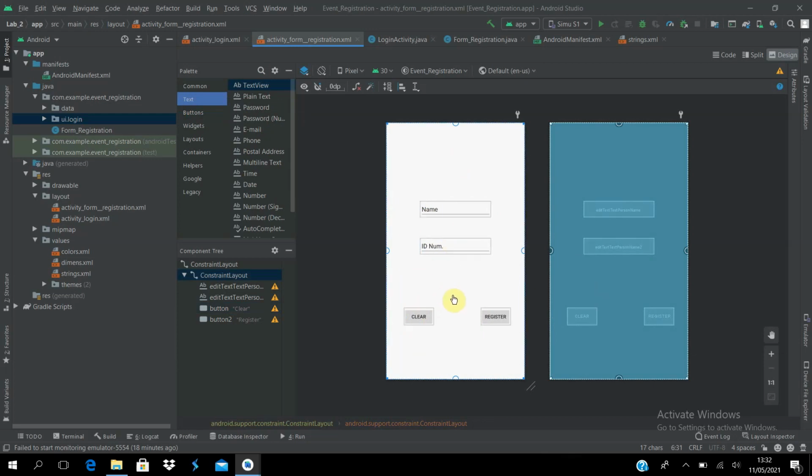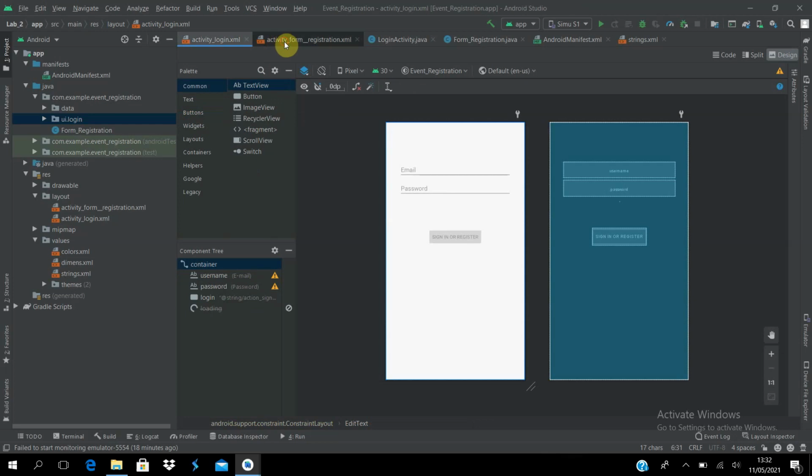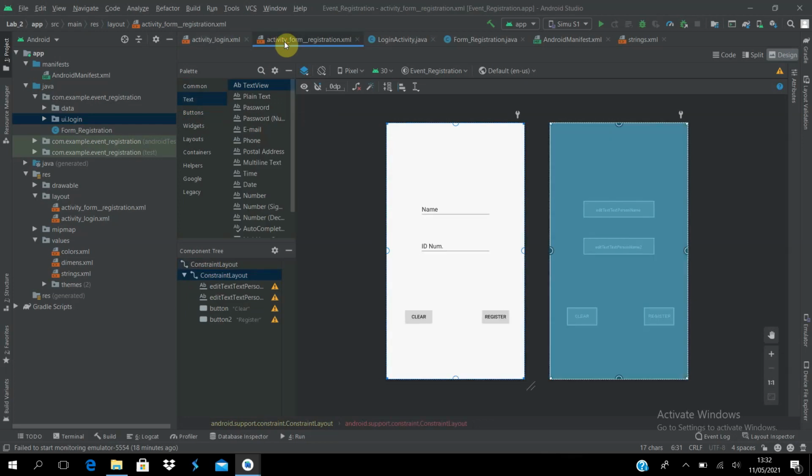Once we are done with that, now we have the first interface, which is the login, and you have the second interface, which is the activity, which is the registration form. We need to connect the two. How do we go about connecting these two? That's a question. Take note, however, because you have added this form registration, have we added all the component files again? Note, adding the registration activity here